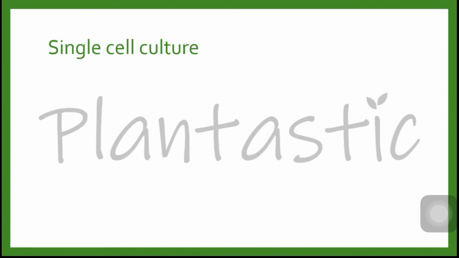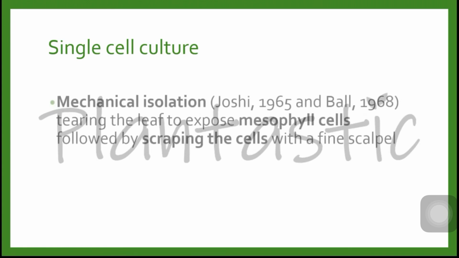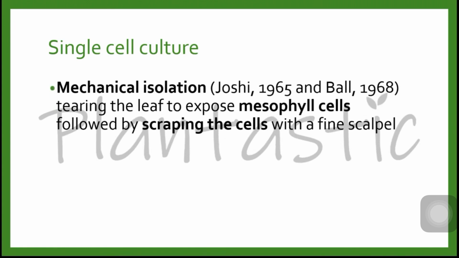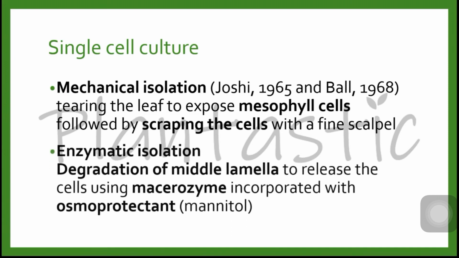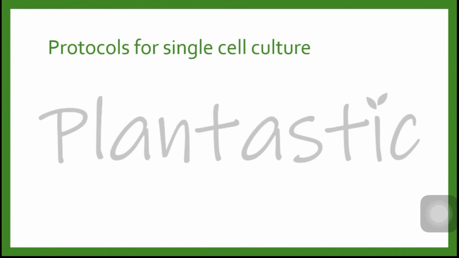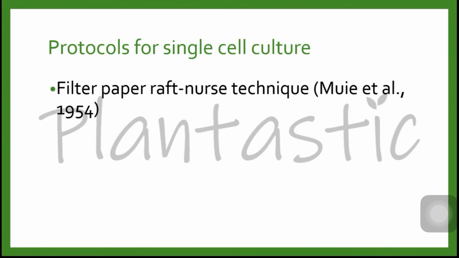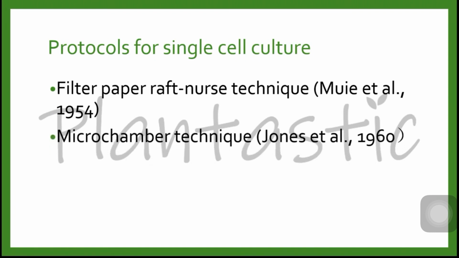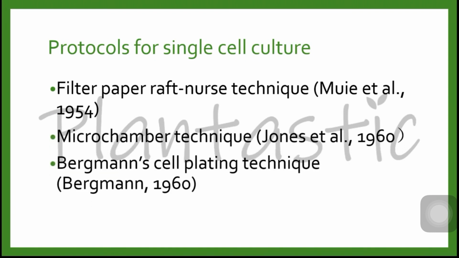First, the single cell culture. It is mechanical isolation, which involves tearing the leaf to expose the mesophyll cells, followed by scraping the cells with a fine scalpel. Followed by enzymatic isolation, in which the degradation of the middle lamella occurs to release the cells using macerozyme incorporated with an osmoprotectant, which is mannitol. There are a few protocols for single cell culture, which are filter paper raft technique, microchamber technique, Bergmann cell plating technique,